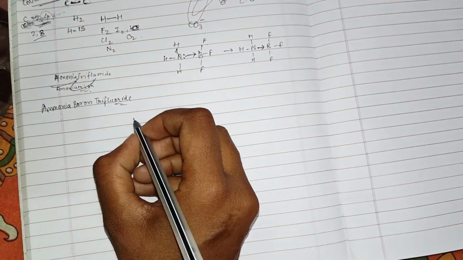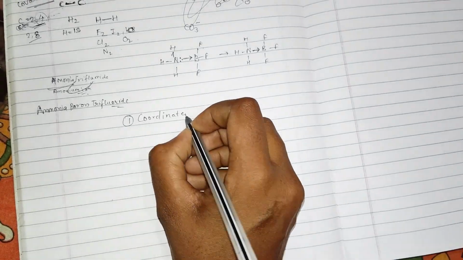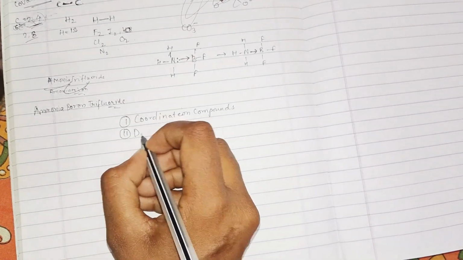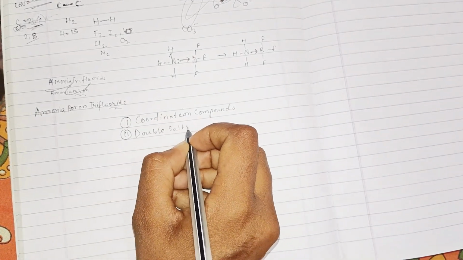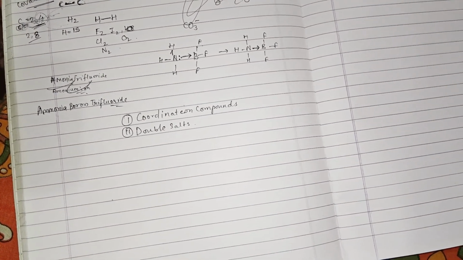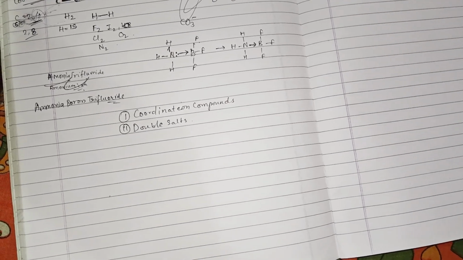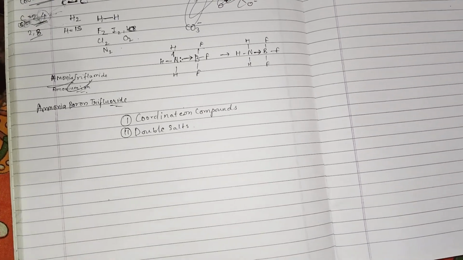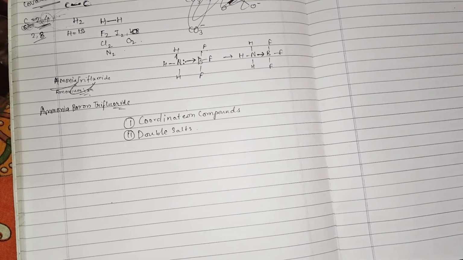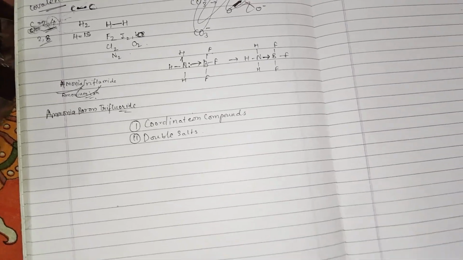Now there are two terms. First is coordination compounds, and second is double salts. What do you think is the difference between these? Let me start with double salts. Both are made up of two types of compounds, but